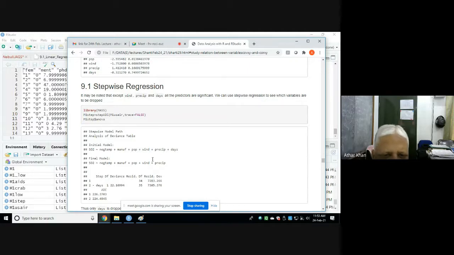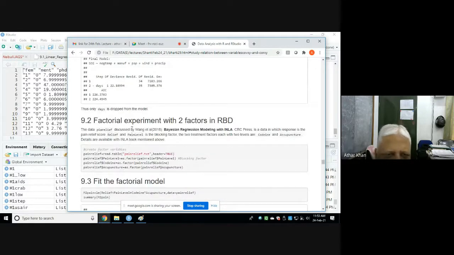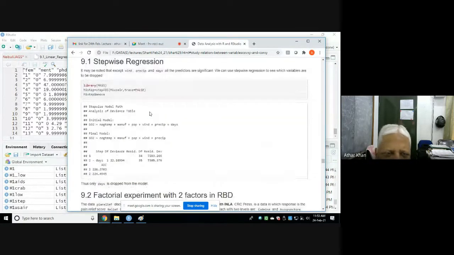So it recommends that we should use them as a part of the model. Only days is dropped from the model. The step regression criterion says that only days should be dropped, the remaining not.